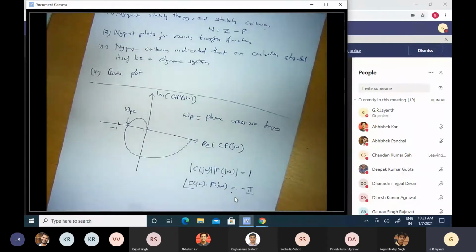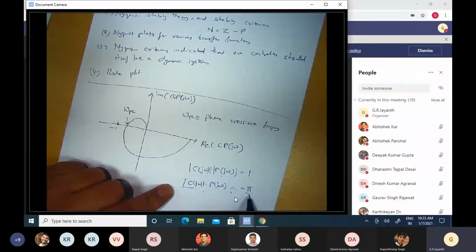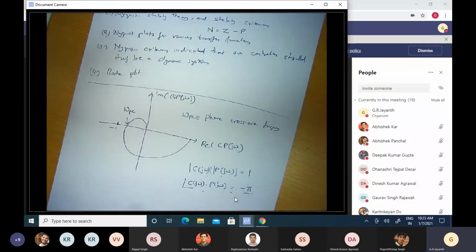Okay, in magnitude. So likewise, in terms of the phase of this complex number C times P, the angle minus pi is the critical angle. And we want the angle, when the magnitude is equal to 1, to be less than minus pi. When I say less than minus pi, I mean in magnitude. If I were to take the negative sign into account, it should be greater than minus pi, so that our system will once again not encircle the point -1.